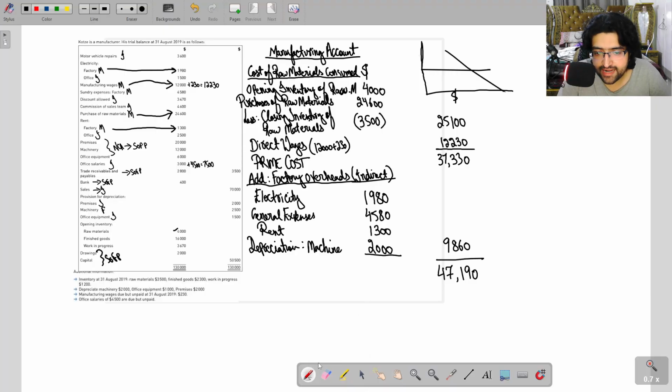What do we do after that? I told you in the format. You have to simply add opening work in progress. Why do we add opening work in progress to the cost of production? Because these were the unfinished goods from the previous year. Obviously they are completed this year, so you have to record them. Opening work in progress is given here. Let's find the opening inventory of work in progress here. Opening inventory work in progress 3670,